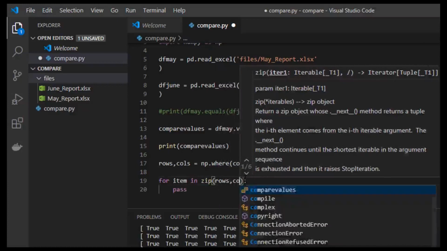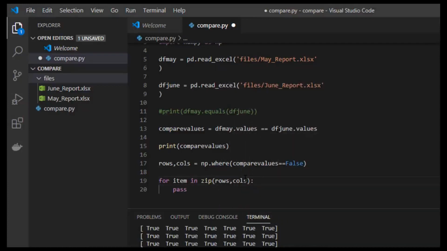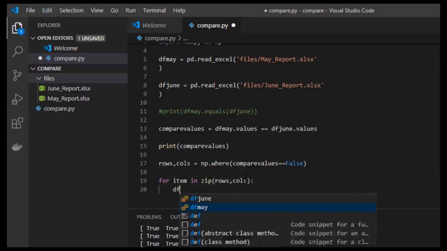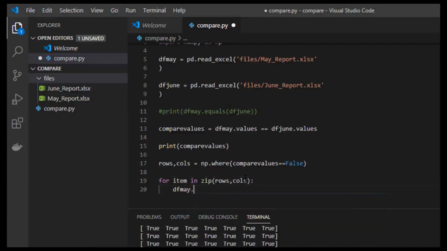So the next one is, after iteration, I just want to assign the values in one of the data frames. So let me choose the df May data frame, and I'm going to label the location, like the location of item of 0 and item of 1, comma item of 1, equals, in string format. I'm just going to format the values with the difference.